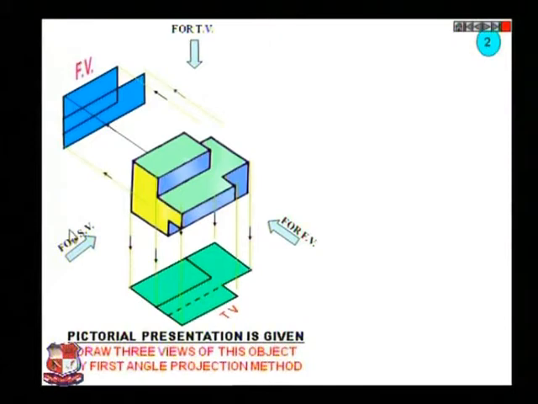Similarly for side view, yes, of course, assume or imagine what should be its side view. As shown over here, this yellow colored portion is the side view of this object. So for that, project from all these corners to this plane. So this yellow colored shape would appear as shown over here, and that is the side view of this